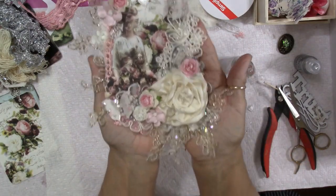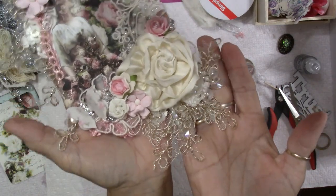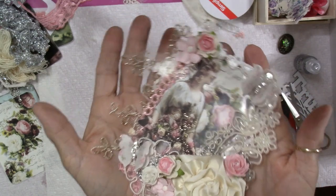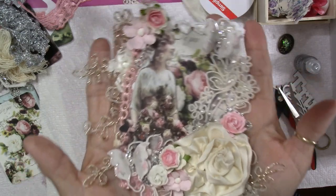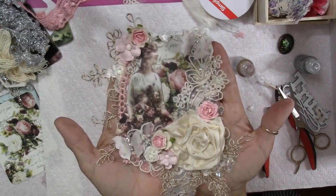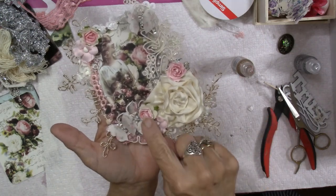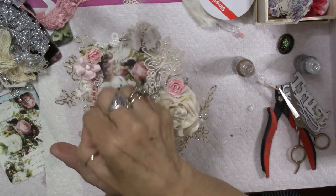This is what we have, and I hope you can see the sparkle in that from the stickles. You can see I added the gold down here and the gold up in this lace up here. And it sparkles really beautifully. And then I added a little bit on her flowers in her lap. But ultimately, look at all the flowers and the beautiful lace, and all I did was use a few little bits and pieces, some of my Kiki's sale roses, some of my handmade butterflies that I did my video on, and